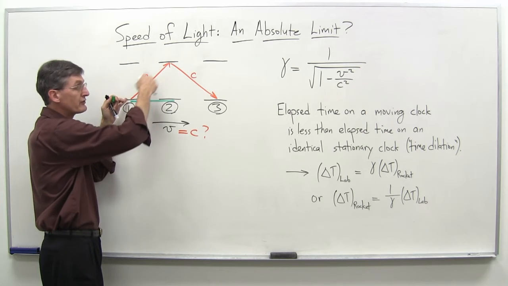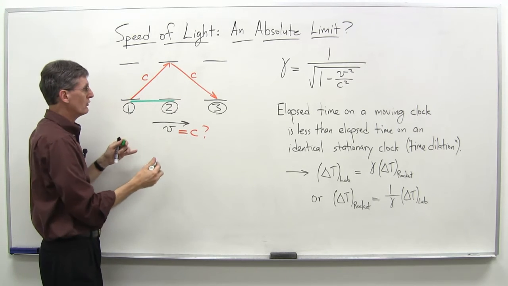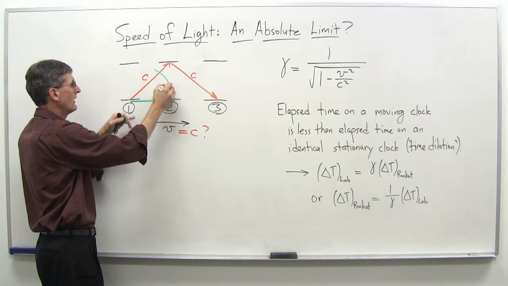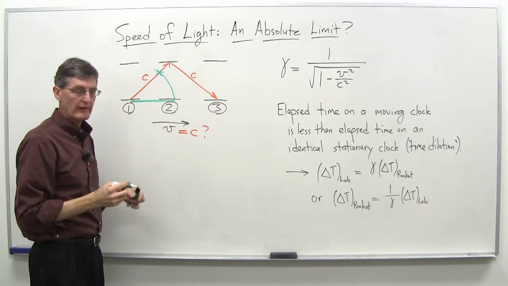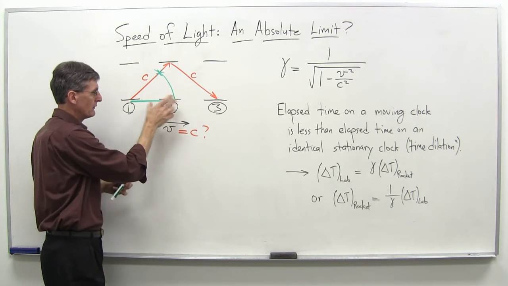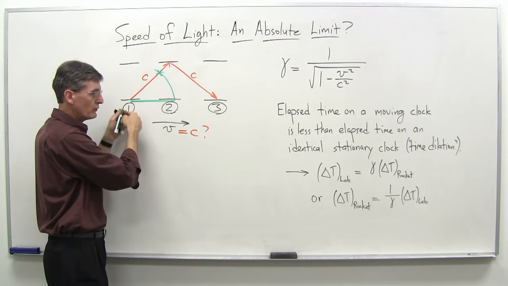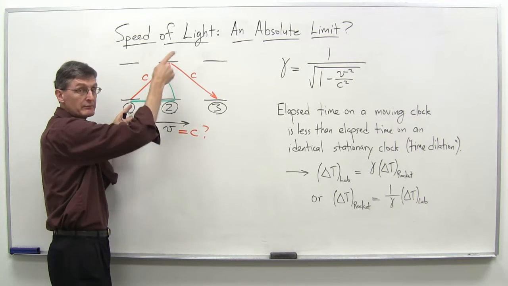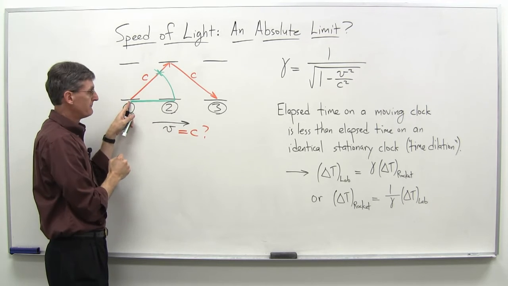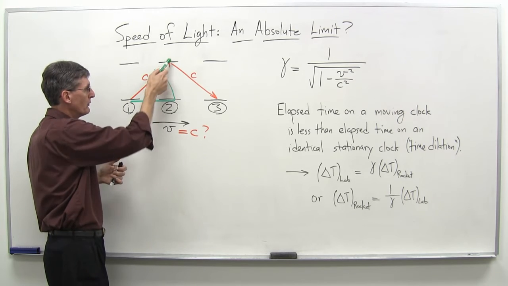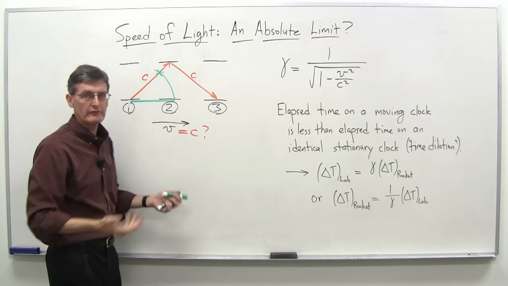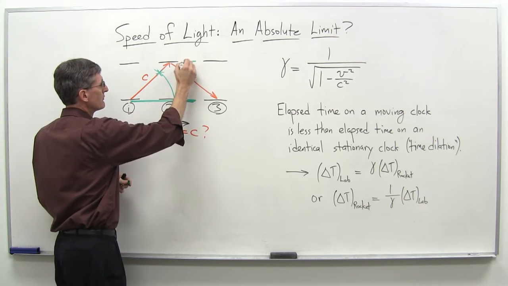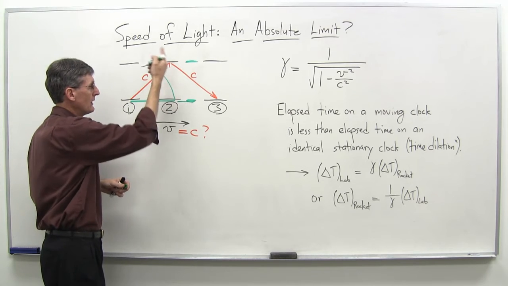So if this light beam here is traveling up toward the upper mirror, how far has it moved? Well, it's moved the same distance. So if we sort of spin this up here like that, that's where that light beam would be at that instant. When the light clock gets to position 2, we're assuming it's moving at velocity c, the speed of light. It's moved to here. The light beam heading up to the upper mirror can only go that far. And so what happens then, when it gets up, presumably to that mirror's not there anymore. Because a little bit later on, it's moved now over here to this position. So it's right there. And the light beam can't hit the mirror there.